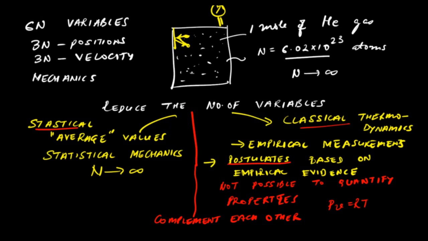We now know from the microscopic viewpoint that the disordered motion of these particles is related to heat. So it comes out naturally that heat and dynamical energy are equivalent, because eventually you can describe the motion of these particles using laws of mechanics for this particular system. But if you have to do the same thing for classical thermodynamics, you need to do experiments to show that heat and work are equivalent. And also for that we'll have to develop a postulate, and you're going to use that postulate later on in